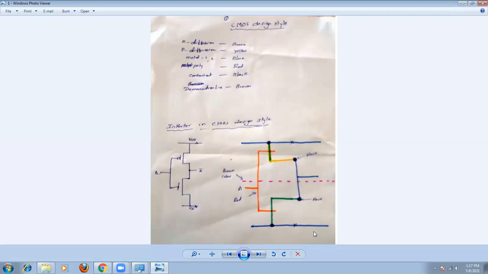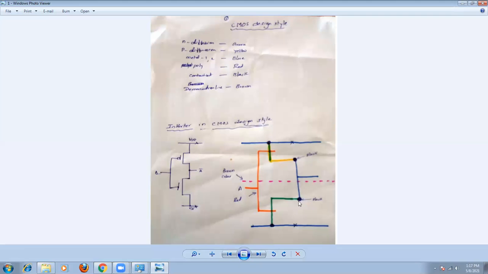Remember here we have crosses. If you use a P well, the N type transistor is located in the P well, and this is the well connection. The well will be connected to the power supply, which is very important. And this is the substrate terminal, the substrate connection to the VDD line.